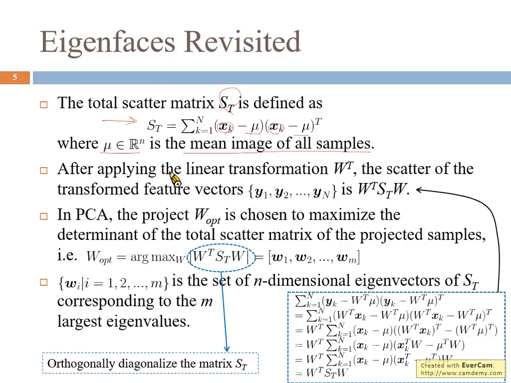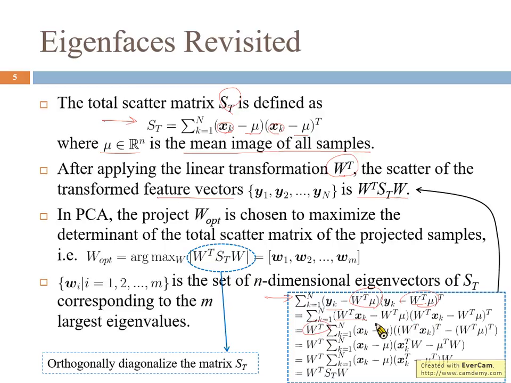Okay, and after applying the linear transformation W transpose, the scatter of the transformed feature vectors is actually W transpose ST W. And here is some derivation. In the projected space, the scatter matrix is the summation k equal to 1 to n of yk minus the projection value of the mean face. And then we can rewrite yk as W transpose sk, and then we can multiply them and